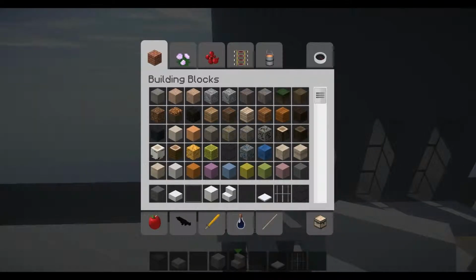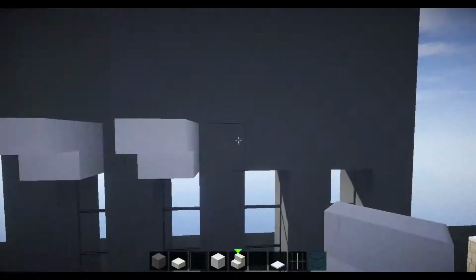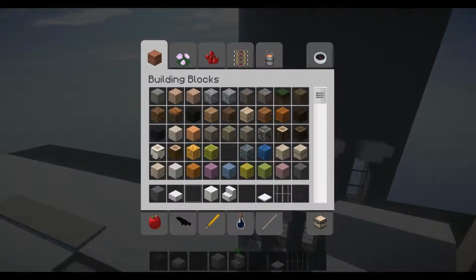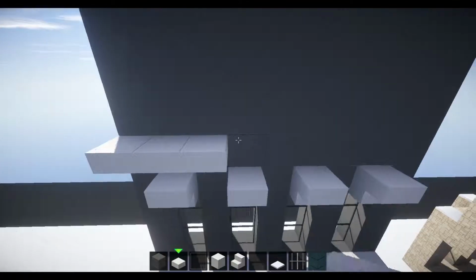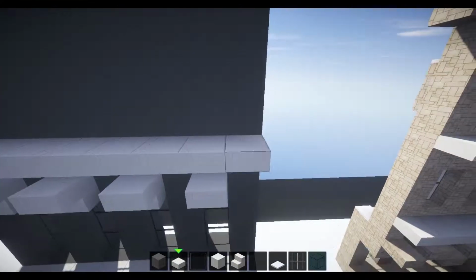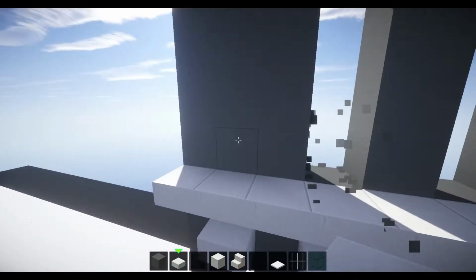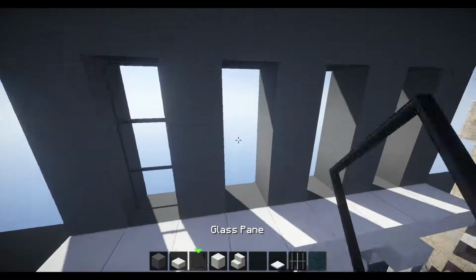So let's see what I've done here. Okay, so I'm just going to put these up at the top here, like that, and then I'm going to do another line to separate the floor, like I said before, and then 3 more windows like this, like so. Fill these in,